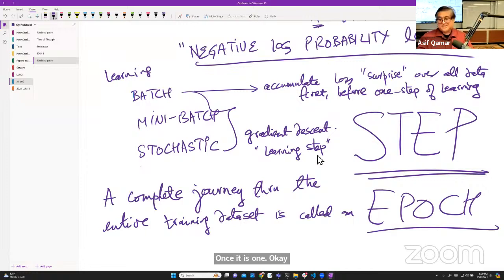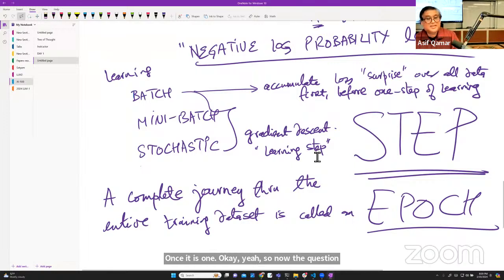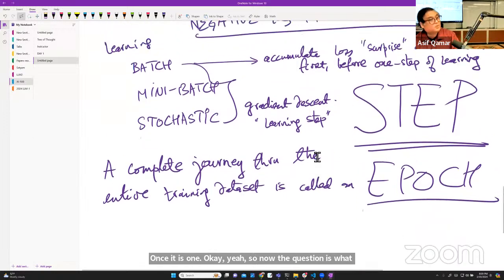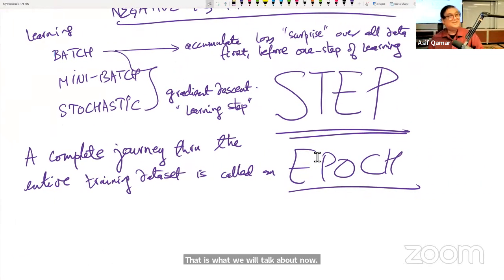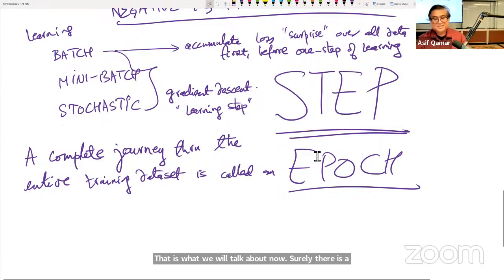Yeah. So now the question is, what is the relationship between epoch and step for the three modes of learning? That is what we will talk about now. Surely there is a relationship, isn't it? So the relationship is,